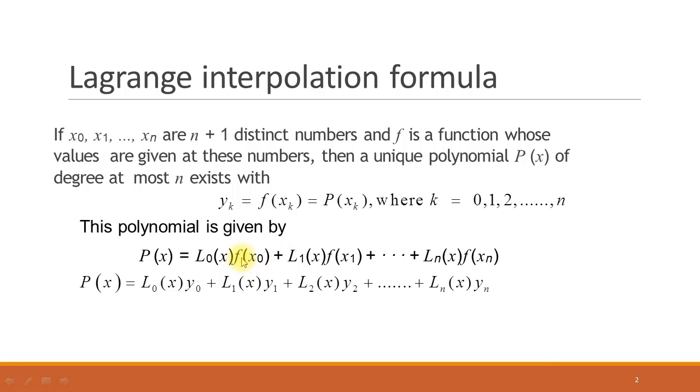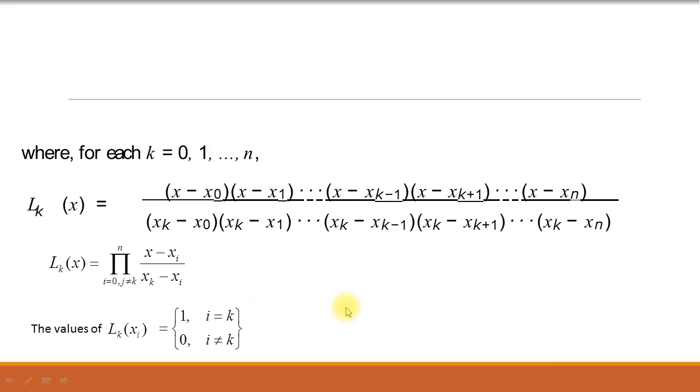Similarly, we know that f of x0 means y0, f of x1 means y1, f of x2 means y2. So we can write the formula in this simple form. P of x is a polynomial, and it is given by the Lagrange formula L0 of x y0 plus L1 of x y1 plus L2 of x y2 plus and so on plus Ln of x yn. Now L0, L1, L2 up to Ln are functions of x, and they are given by this formula for each k equal to 0, 1 up to